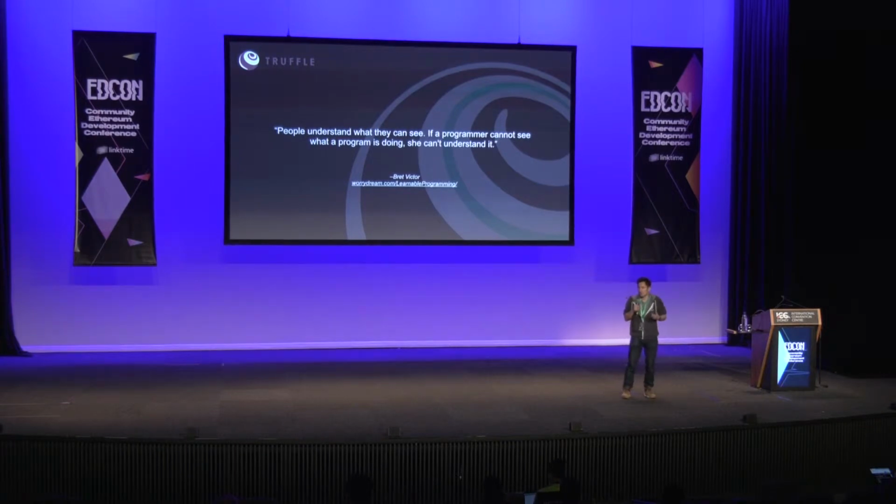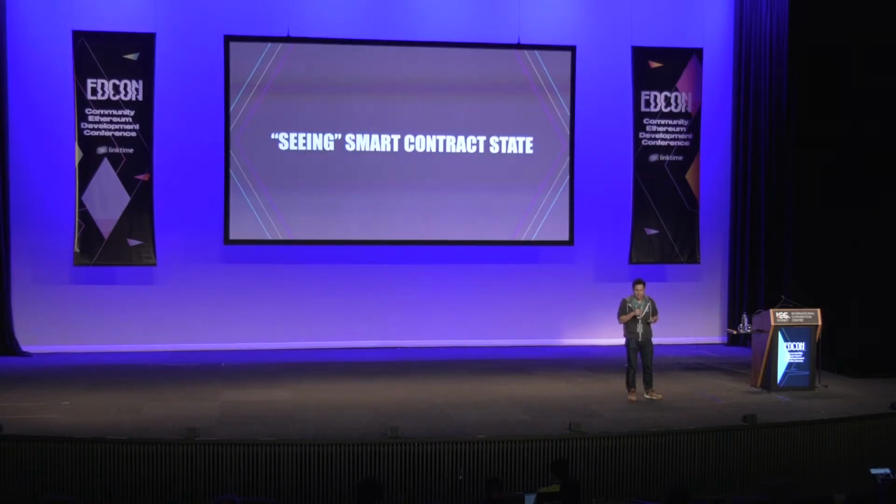So it's all about providing visibility to what's actually happening as you're making your dApp, right? Because a lot of times things are happening on chain and you don't even know what's the state of your contract, like what events are being fired. These are all questions that are really hard if all you did was a Truffle init or maybe some other framework. You have no idea what's going on, and I'm coming from a very front-end perspective, obviously. So this talk is all about seeing the smart contract state.